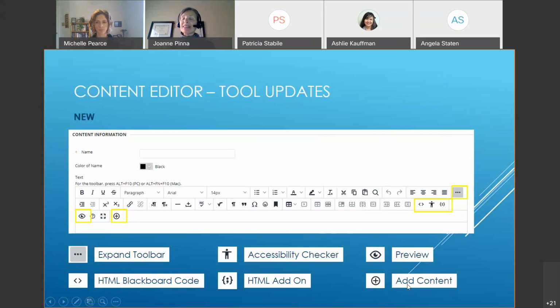Add content. That's the biggest question I get from a lot of faculty. Before, it used to be on the first toolbar that you can just say a paperclip was there that said add your documents. Now it's under this add content plus bar. So you have to go there, and then you'll be able to add documents, photographs, whatever you need to add